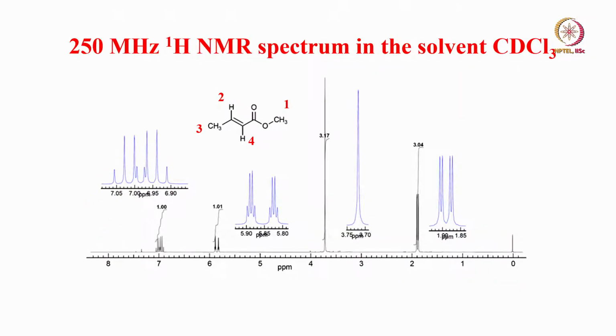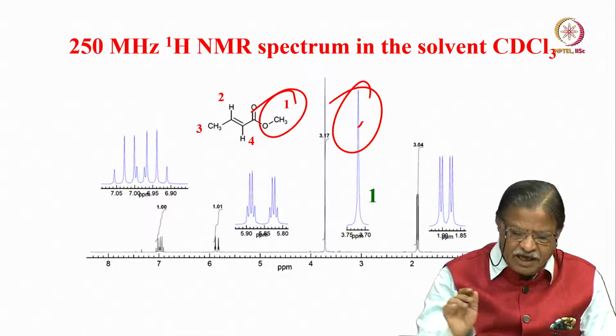Now of course, this is another very simple molecule. Look at the proton here, CH3. There is no other coupling for this CH3 proton. All the 3 protons are equivalent and all other remaining protons are situated far away. So what is the pattern you expect for this? A singlet. That's what you get. That's simple. I can assign this as the CH3 group.